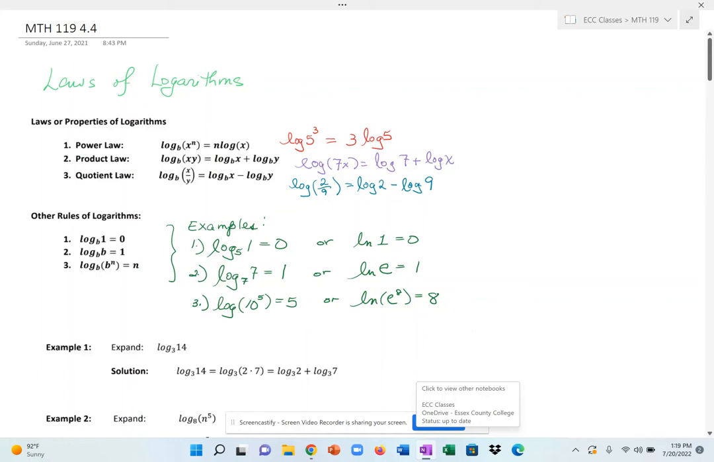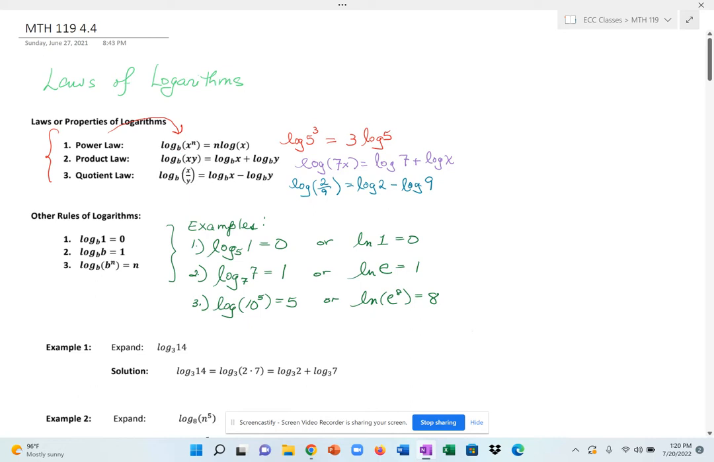Hi, this lesson is about the laws of logarithms. So there are three laws or properties of logarithms. The first one is called the power law, the second one is the product law, and the third is the quotient law. With the power law, it allows you to rewrite a logarithm where you're taking the log of an exponential